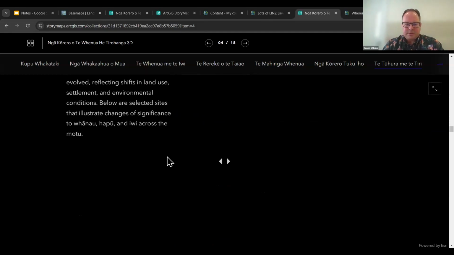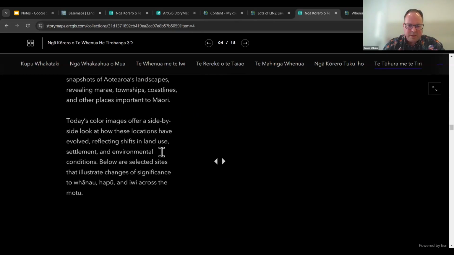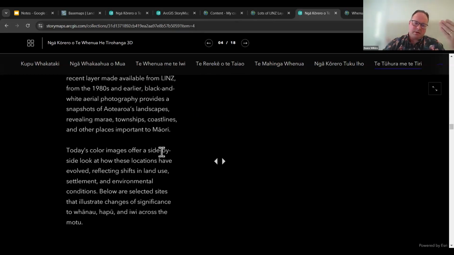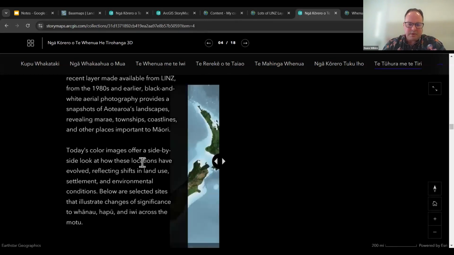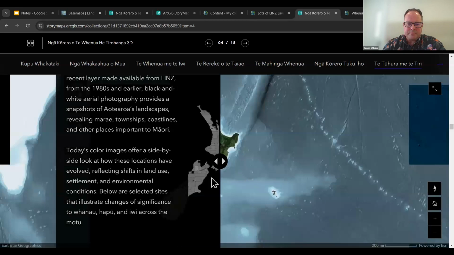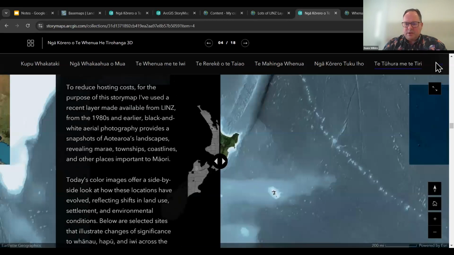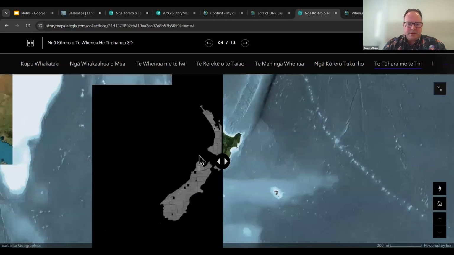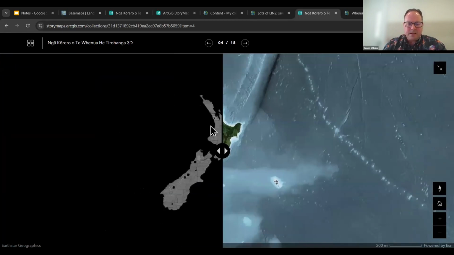And as you go through, there's lots of examples where you can do this kind of swipe. Oops, it's not loaded up yet. But you can swipe between historical and today. I think it's getting there, but it's just taken a moment or two. Here we go. So there's that imagery that you saw Jonathan share.